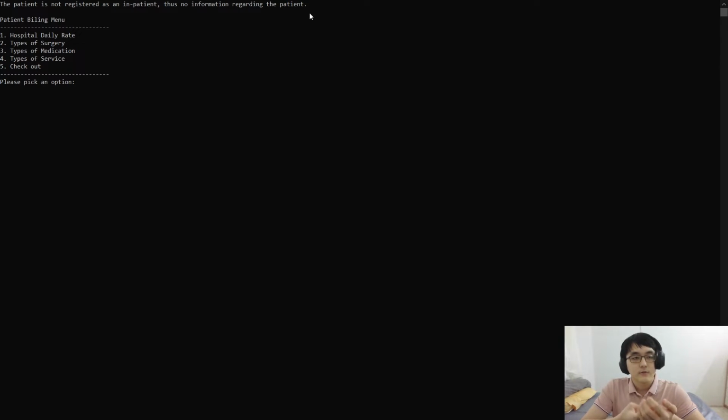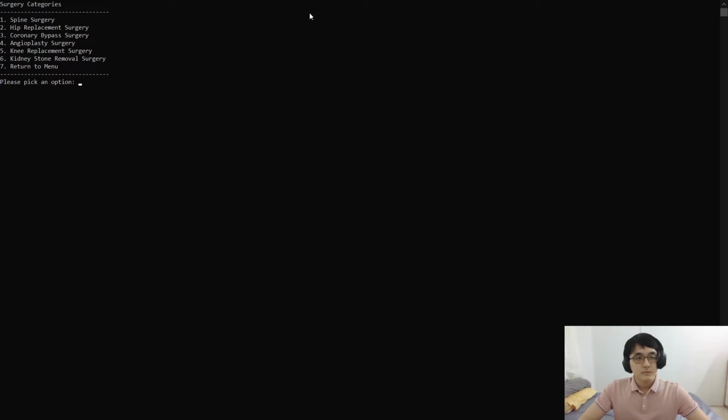So the system will skip the first step, and now the only steps left are 2, 3, 4 and 5. If he wants to enter surgery, maybe he's just here for a surgery, maybe a knee replacement surgery, but the admin accidentally types in 8. So the system will prompt the admin to pick a valid option because 8 is not in the range, so maybe pick 5. And then the system will prompt him to pick another option or press 7 to return to